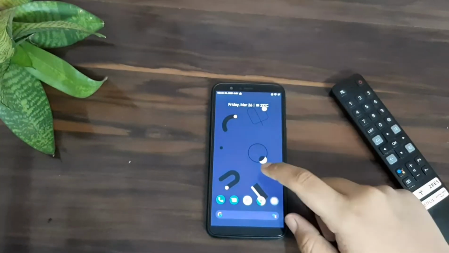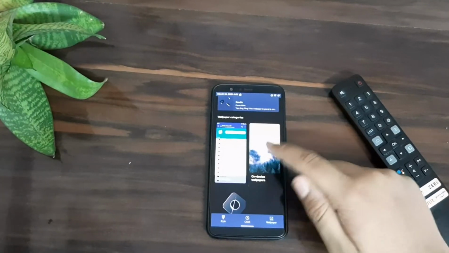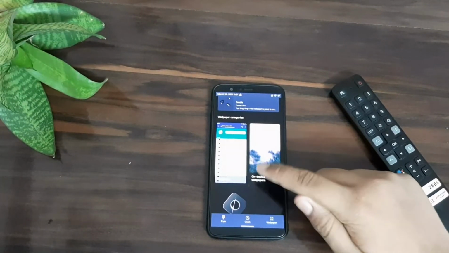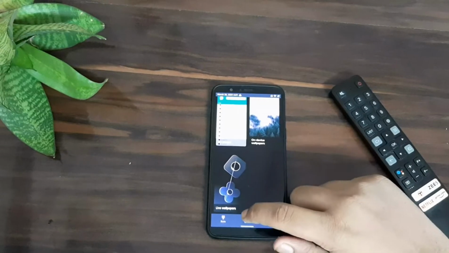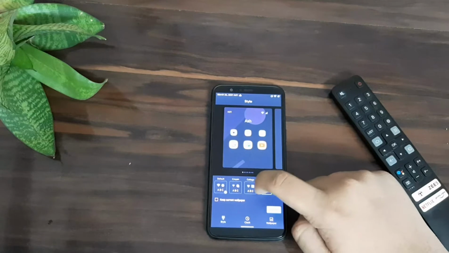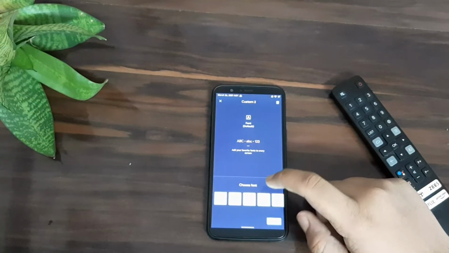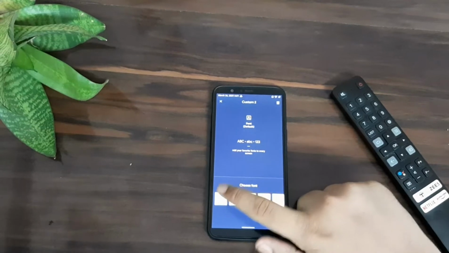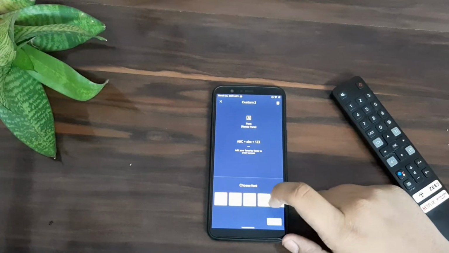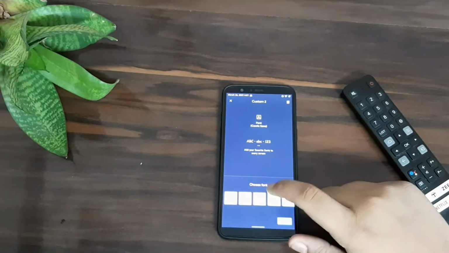So let's talk about the customization options. By going to Style and wallpaper, this is the default wallpaper after you set up your phone. Here's the style: the default crayon, collage, ash, and custom that I have prepared. For adding it, you can select these fonts. There are lots of fonts here. First of all I will select some of my favorite fonts.